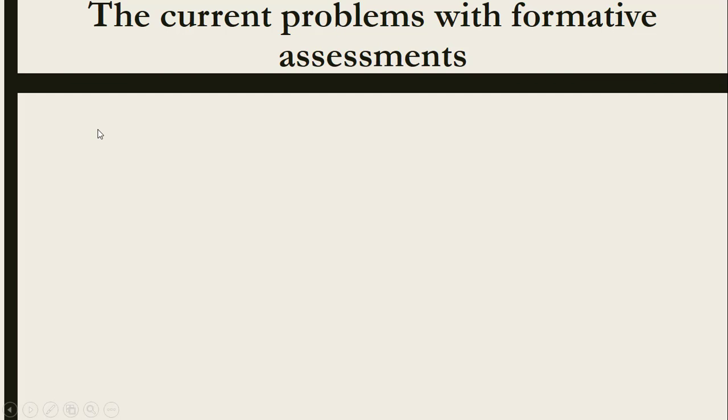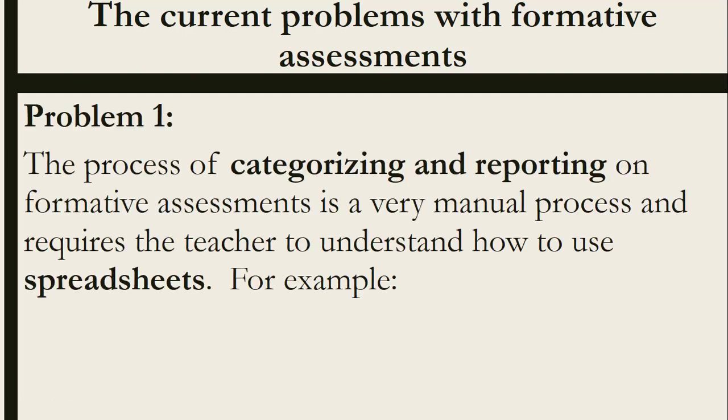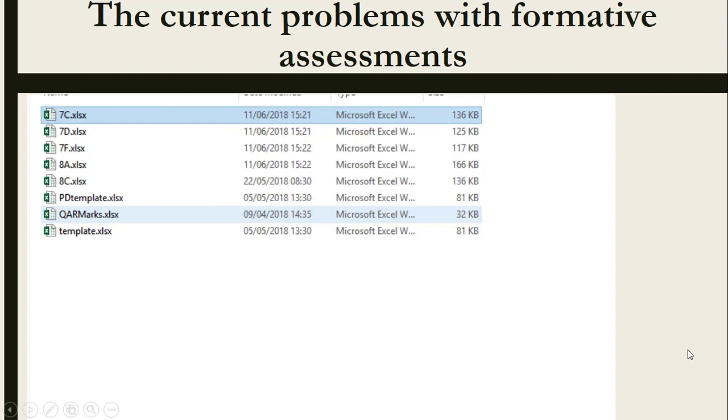So the current problems with formative assessments: the process of categorizing and reporting on formative assessments is very manual and requires the teacher to understand how to use spreadsheets, which some teachers aren't all that keen on. For example, one of the major problems of formative assessments is collecting the data required to report on them. So if you look at my classes, I currently have 5 of them, approximately 138 students. So if you were to click on these,